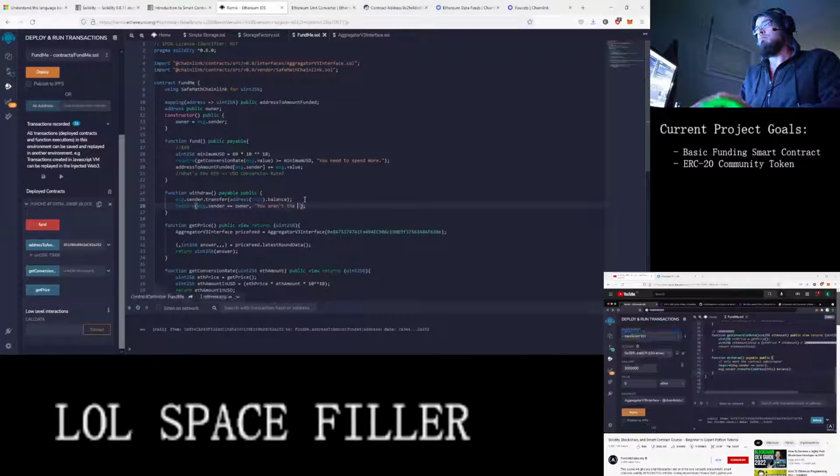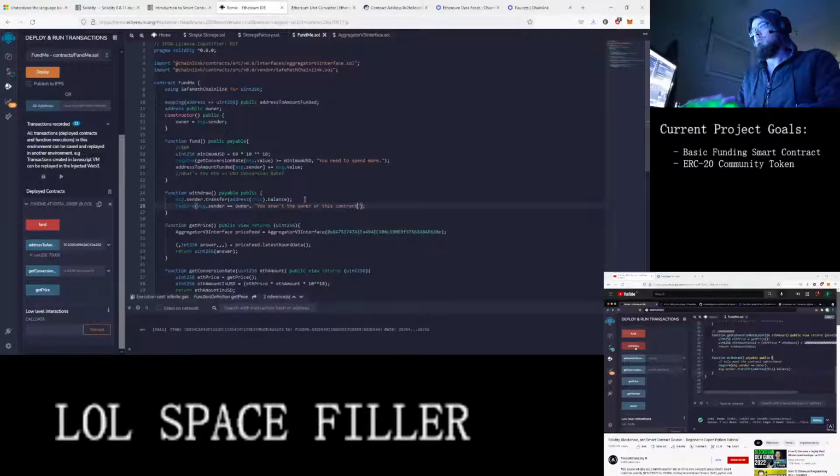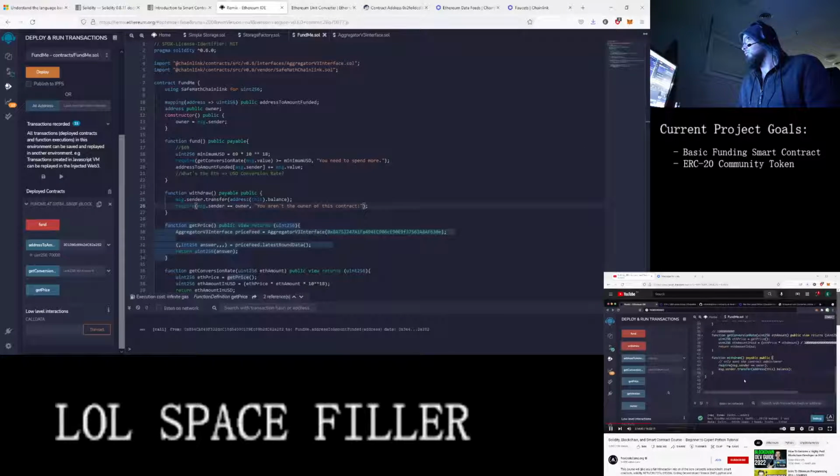And we'll try it with the JavaScript VM again for speed reasons. Let's deploy this FundMe. And if we go down here, we try to call the withdraw function. And it looks like it is successful because currently this is the address that deployed the contract and it's also the address that is calling withdraw. However, if we switch to a